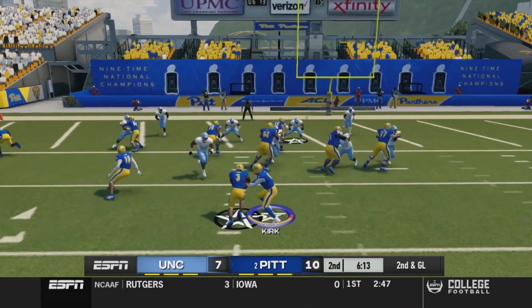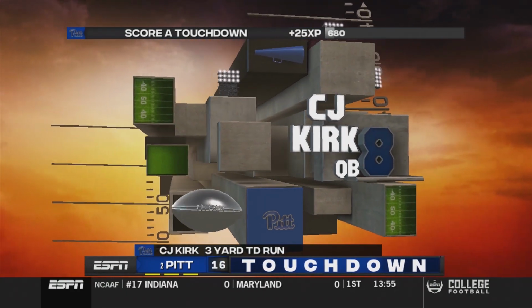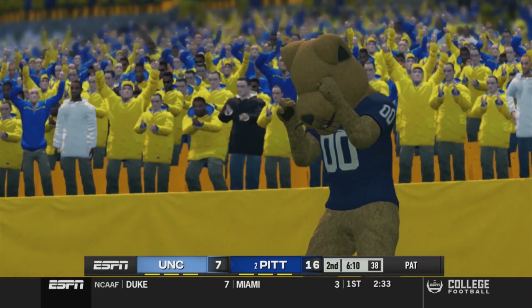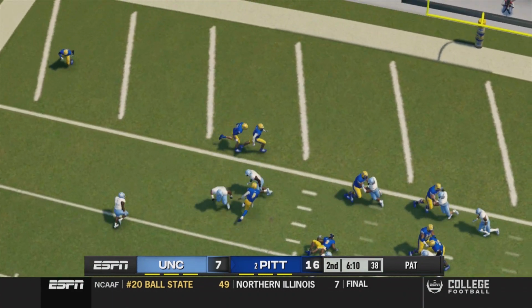Motion from Reynolds, goes into the backfield. Kirk's going to keep it himself, fights through one tackler, and that's a touchdown. Captain Kirk leading the way into the end zone for another Pitt Panthers touchdown. They go up 17-7, and it's a methodical drive for the Panthers, capped off by one big play, of course,